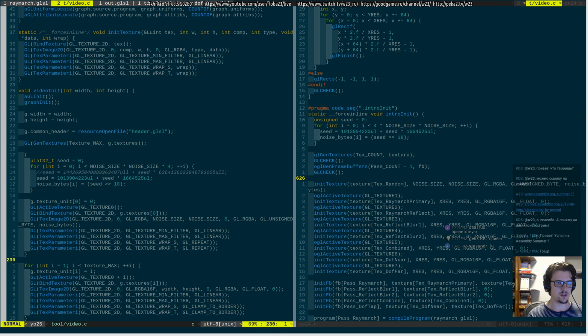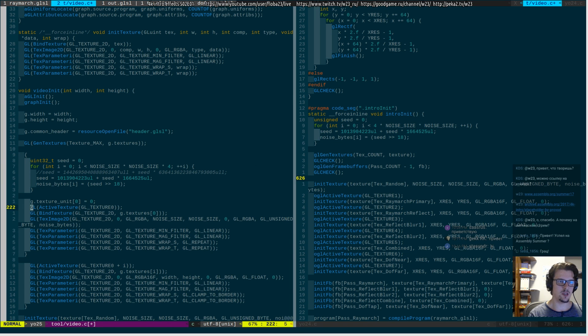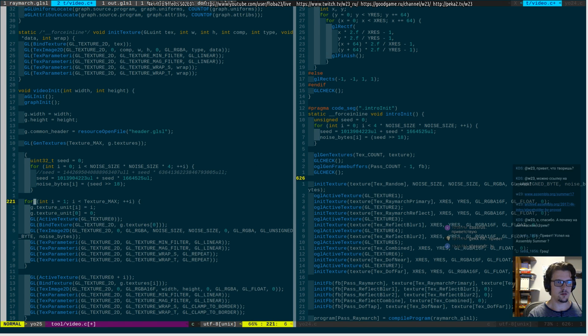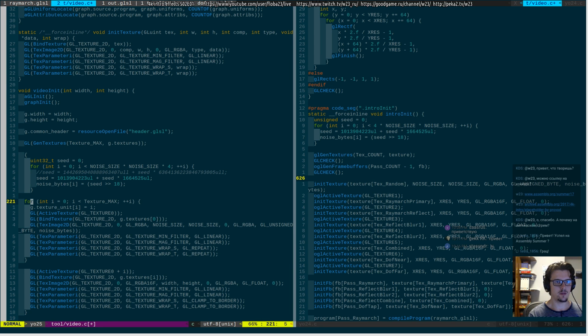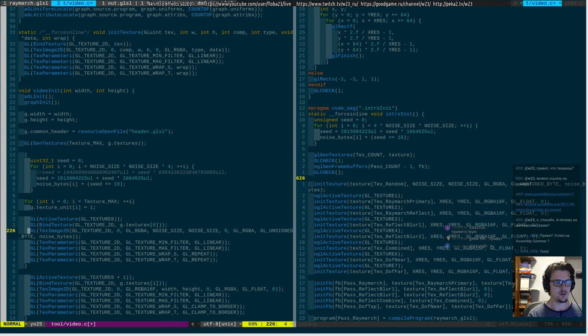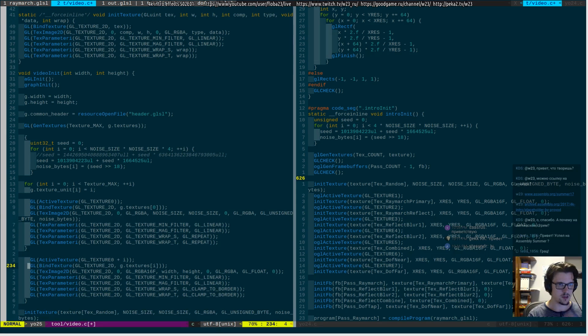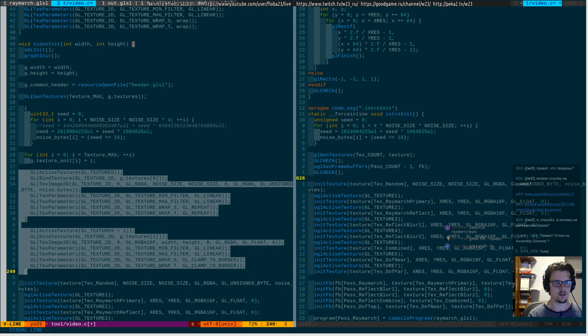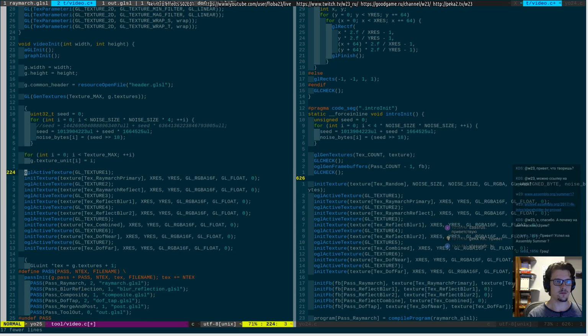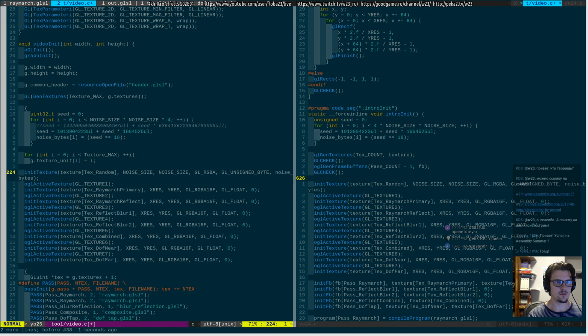Okay, I still need this thing today for doing texture unit stuff like this. I'm too lazy to change this code, and then I basically can remove all these things. Textures. And